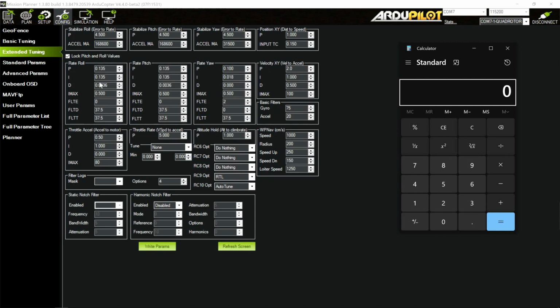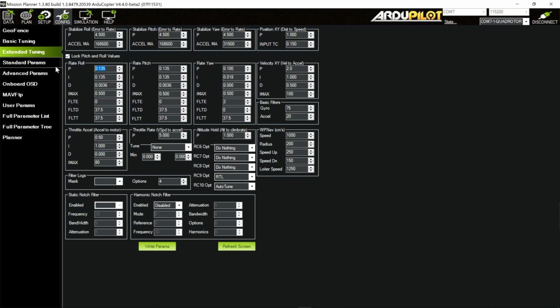So we're going to come right in here and divide these 6 by half. So 0.135 divided by 2 is 0.0675. So we'll put that right here. 0.0675, 0.0675, 0.0675, 0.0675, and right here